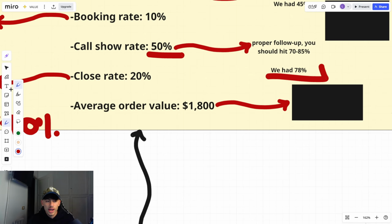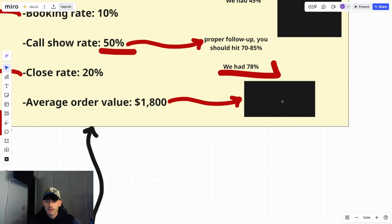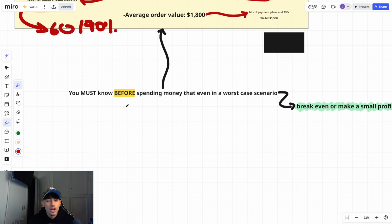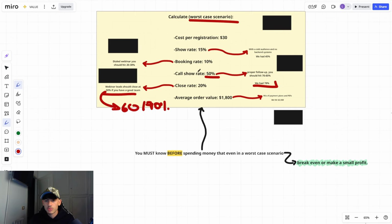And then the AOV is gonna be around 1.8k, worst case scenario. And with a mix of payment plans and PIFs, we hit an AOV of 3,500. But you gotta know before spending money that even in a worst case scenario like this,